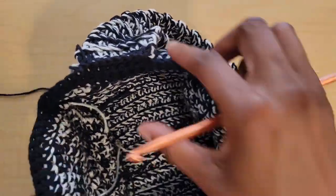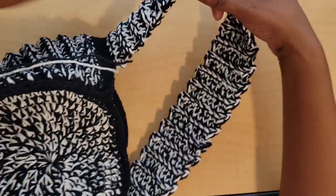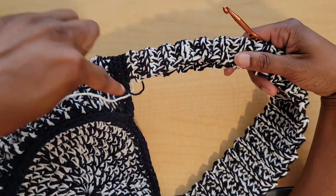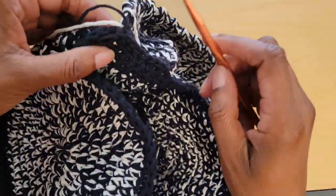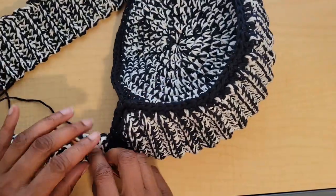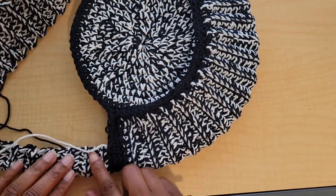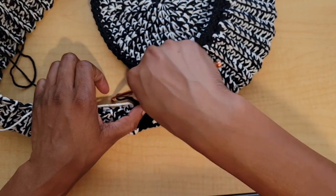All right, so once you have that sewn or crocheted across, now we're going to crochet the strap together to itself. So you're going to fold the strap like that, and then you'll kind of be crocheting there on the inside. So let's continue with our working yarn and lay our purse flat. I'm going to just smash it down like that. And then lay my strap flat. Find my loop, my working yarn,